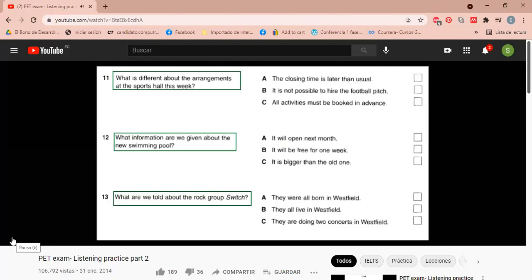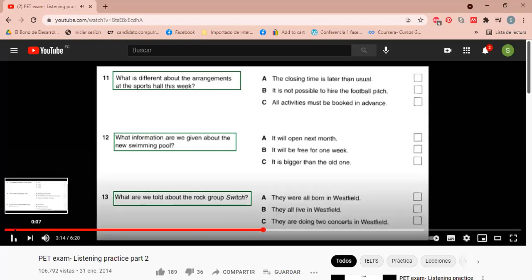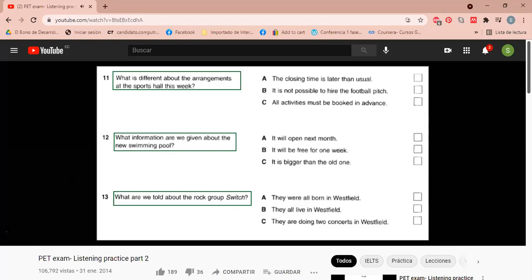That's great. Now, Jenny, have you heard of the rock group called Switch? Yep, even I've heard about them. Probably because 2 of their 4 members were born in Westfield, and all 4 of them now live here when they're not travelling around the world. This time last year, they were 4 ordinary teenagers, and now they're world famous. Well, they're doing a concert on Saturday evening in the town hall, and it will be very popular. So get your tickets quickly. Thank you, Jenny.